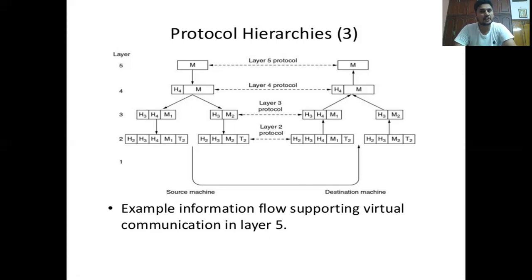We already discussed one example: if one person is speaking in French and another person is speaking in German, how is communication established between those two persons? If they both communicate with one common protocol, then only data transmission is possible. Likewise, here also, two devices communicate by using a protocol, which means a set of rules.